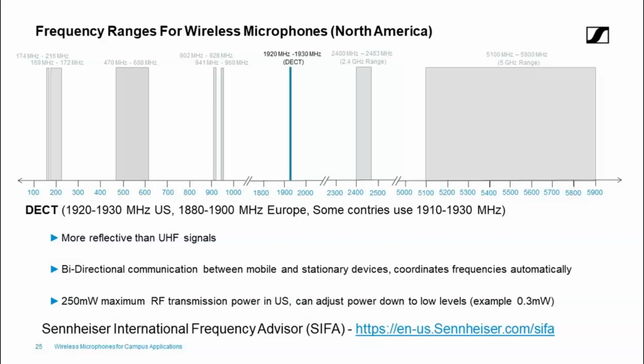So it's pretty intuitive and does give you some nice power ratings up to 250 milliwatt and the ability to bring the transmit power way down to 0.3 milliwatt. In the UHF range, you do have some of that as well. Some of the belt packs and handhelds now, and a lot of manufacturers, you can adjust the power of the RF of the transmitter. And we can use that to our advantage in both these technologies to really bring the transmission area down so we can do multiple classrooms. We'll take a look at that in a little bit.